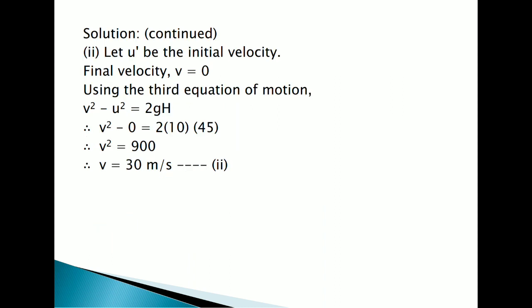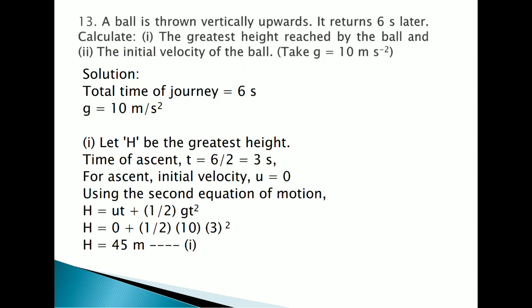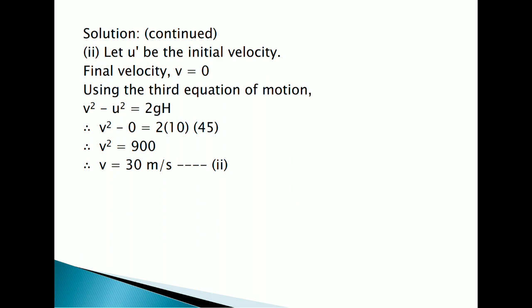Now we will be finding the initial velocity over here. What is the initial velocity of the ball when the ball is thrown upwards? Okay, previously we were calculating the greatest height, कितना height तक reach होगा. For that we have considered initial velocity as 0. Okay, now in second condition we can't consider initial velocity as 0 because whenever the ball is thrown upwards, initial velocity should be provided. ठीक है, so we'll be using third equation of motion, that is v square minus u square is equals to 2gh. Okay, so after calculating, we'll be getting the answer as 30 meter per second.